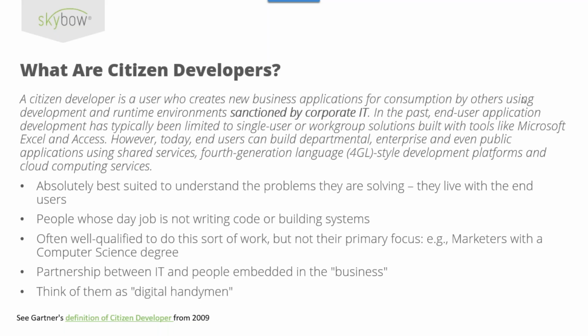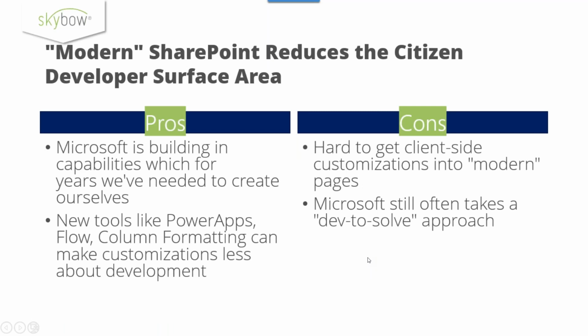The same idea here. There's not this magical boundary between somebody who's able to write code and somebody who isn't able to write code. Everything is really more of a spectrum. And so these digital handymen who live in the organization are often just incredible resources for the people who need stuff to get done. So that's a lot of talking for one slide, but I wanted to really nail what we're thinking of as citizen developers.